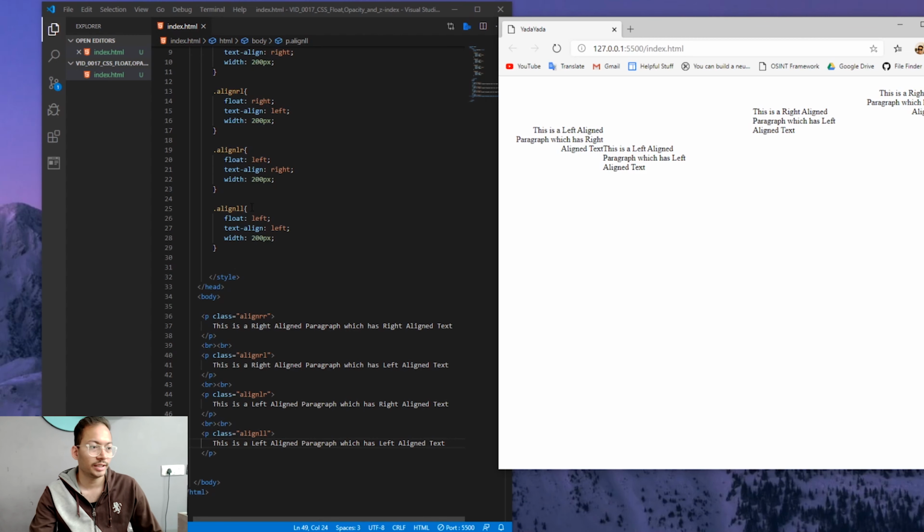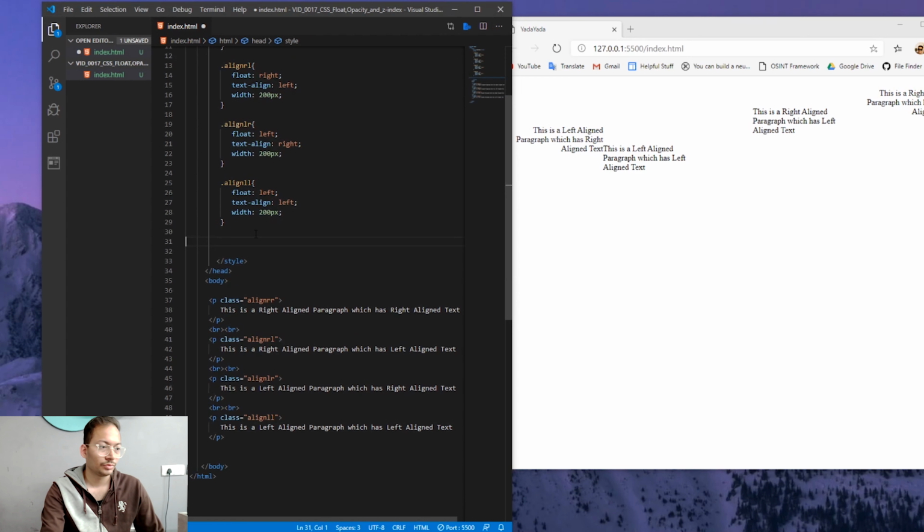We actually discussed text-align in the previous video, and to add more to that, let's just add classes in which we discuss the text-align and how that works. So let's add a few more paragraphs and we'll give them classes of TA. So we have already seen right and left aligned text, so we have just two more to cover, which is center and justified. So let's add this paragraph here and say this is a